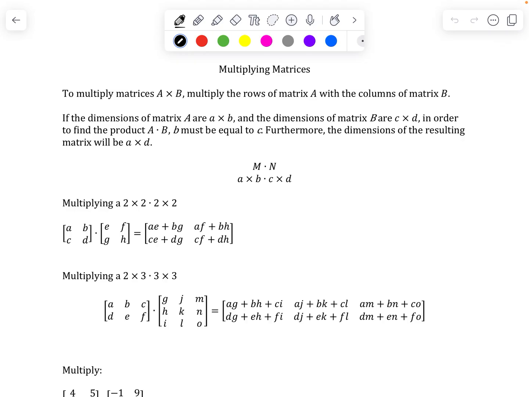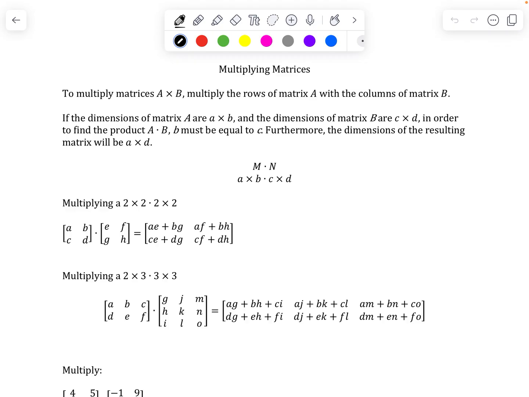So the first thing we need to know is that to multiply matrices, the number of columns in matrix A needs to be the same as the number of rows in matrix B. And that, in fact, is what is being multiplied. So let's look at this example here. I look at the first one,